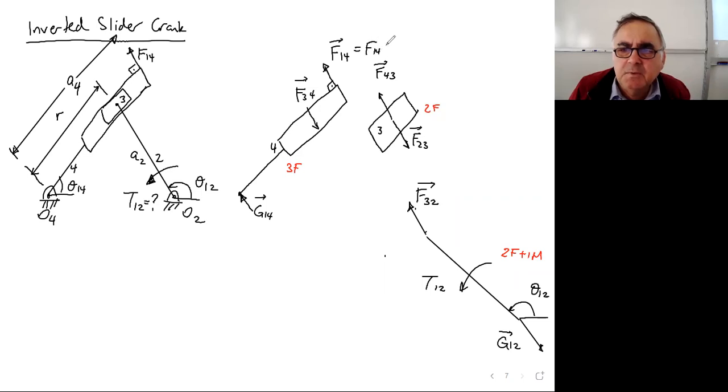F14 is F14 with an angle of theta 14 plus pi over 2. That's given. F14 has an angle of like theta 14. This is theta 14. So you add that pi over 2 to it. Okay, 90 degrees to it. Okay, F34 therefore is equal to